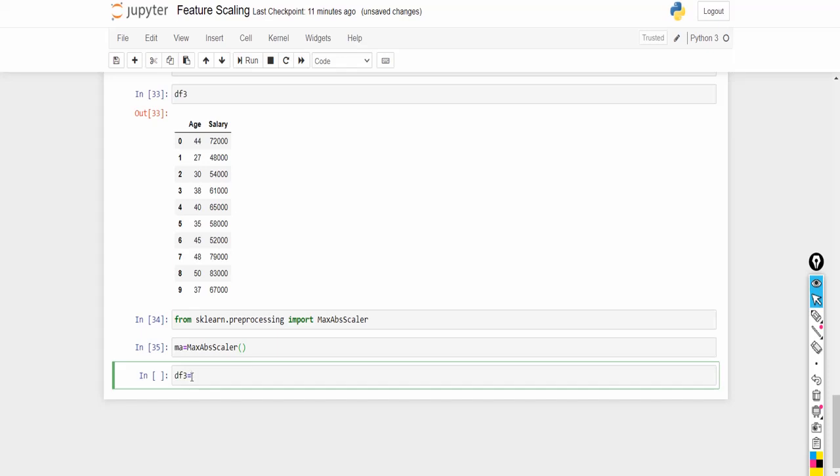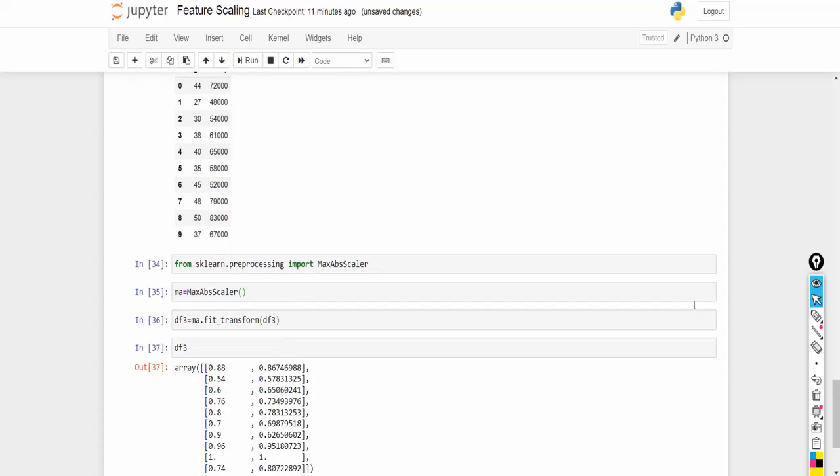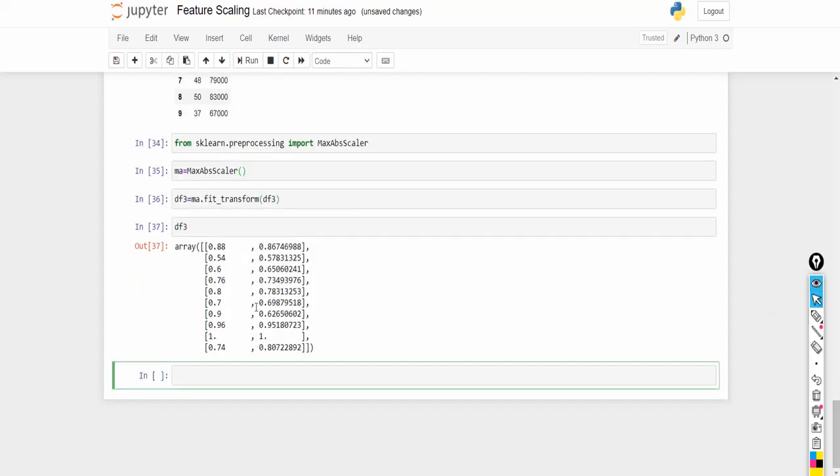So df3 is equal to ma.fit_transform of df3. So let me print df3. Okay, you can see, right, again the values are rescaled. Even here you can find the values between 0 and 1, right? So here all the values are rescaled in the range of 0 to 1.